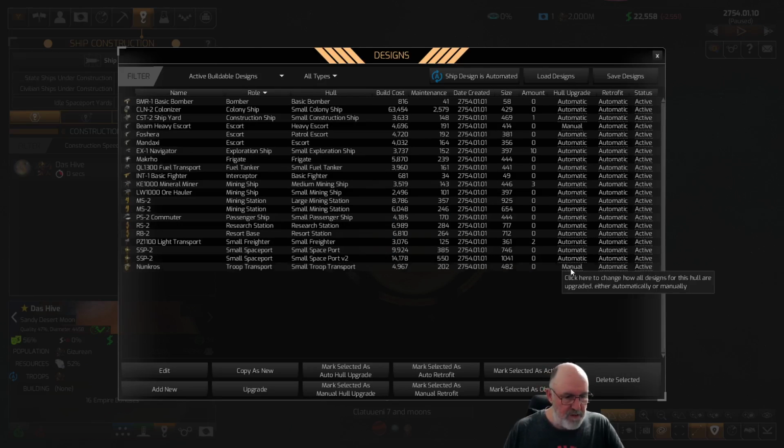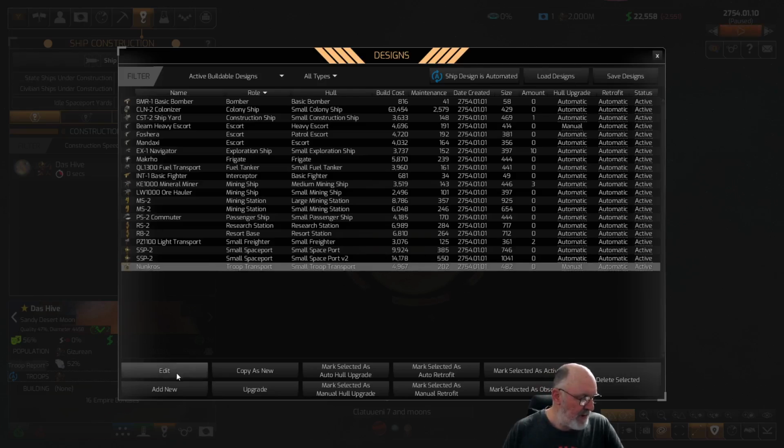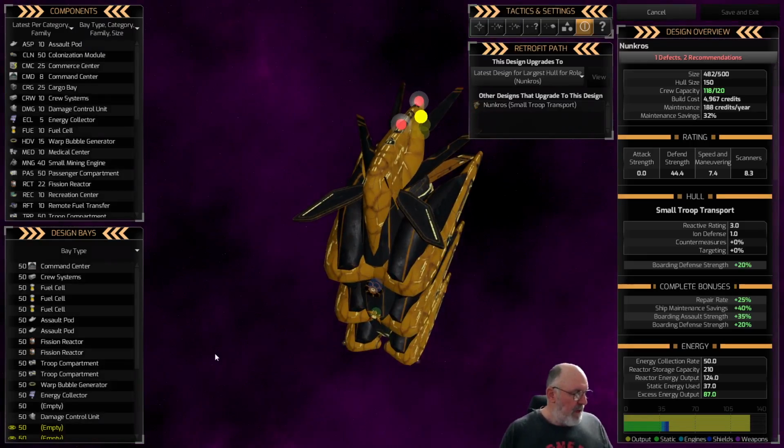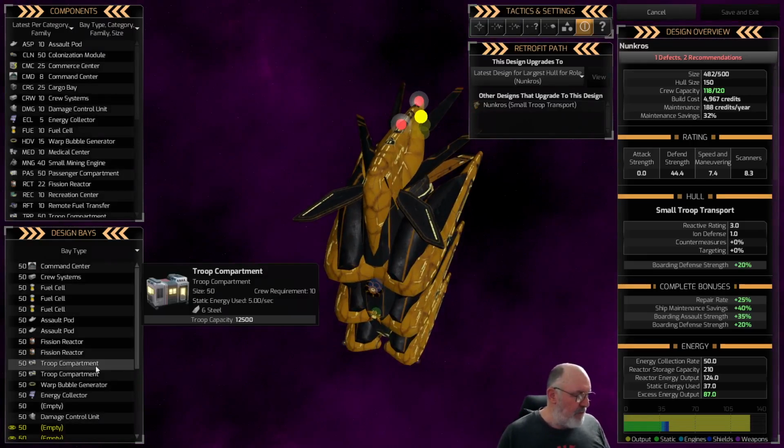So we're going to go and make this one manual. This is a small troop transport, so we're going to go in and edit this particular design. This is awesome doing it this way. Now, not going to really use it much for invasions, although we can if we wanted to, but we can